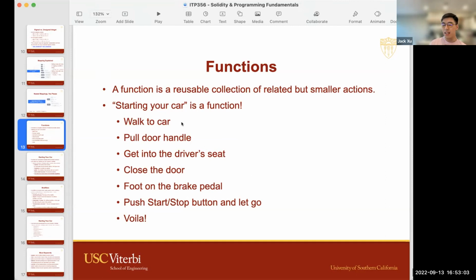I'm not thinking, it's time to walk out the door, lock the door, walk downstairs into the garage, into the car, start the car, get onto the freeway, get into the carpool lane. I just think, okay, it's time for me to go. You can think of that as a huge function that encompasses a bunch of smaller actions.